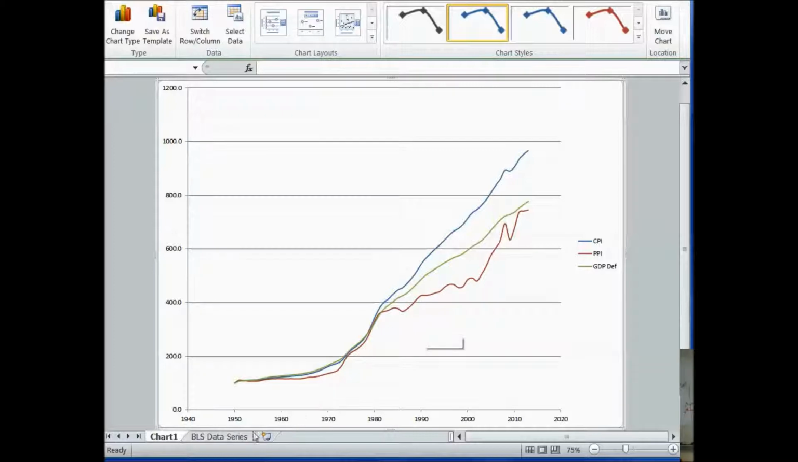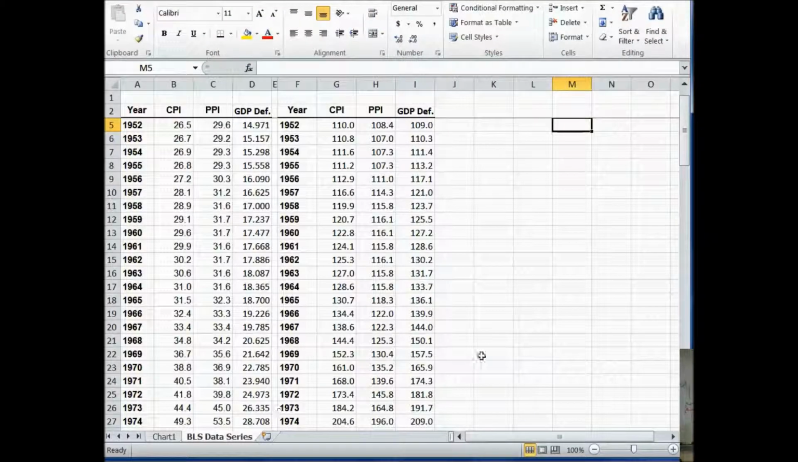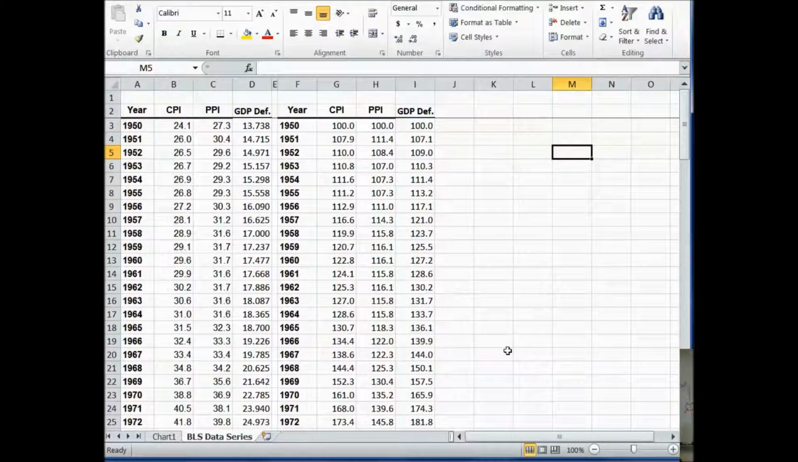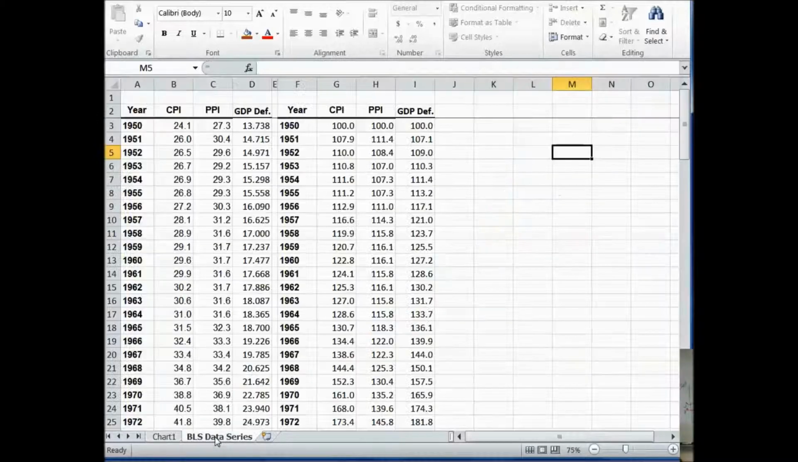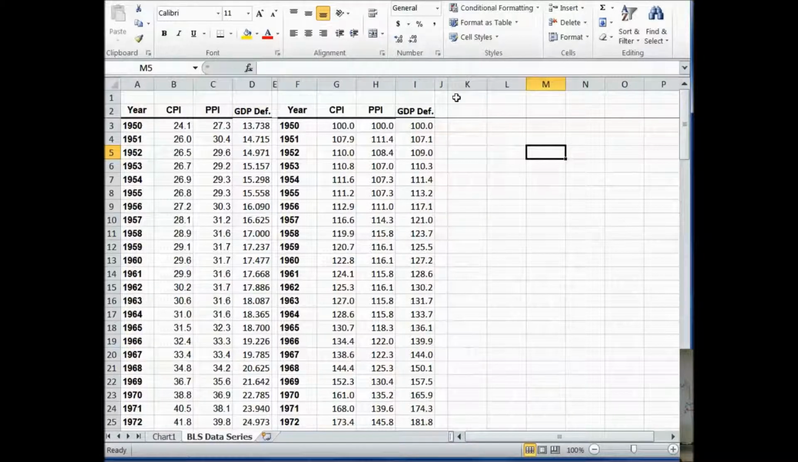So let's see if I can get back to my data. Where did it go? There it is. So here's my data. Now, one last thing before I turn off this video. What we've done, go back to the chart for a second. What we've done is we've just plotted out the index itself. But what if you plotted out the rate of change? That is, what if you plotted out the inflation rate as actually measured by each of these things? So we can do that over here. I'll create another little thing. We'll call this